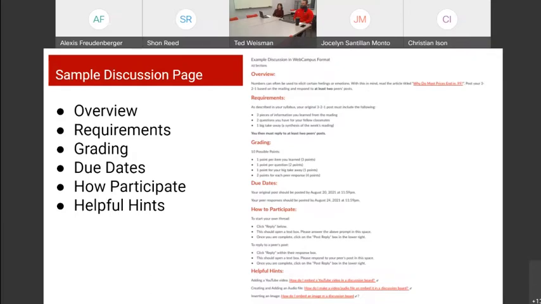what is required, and then how they're going to be evaluated, right? Students are super concerned about, hey, how are you evaluating the work that I do? Very specific about the due dates, and then we always like to include a how to participate link, right? Because students that may be new to the class, it can be confusing for them. They may not know where to click. So providing an actual how to participate in this discussion just makes it crystal clear.